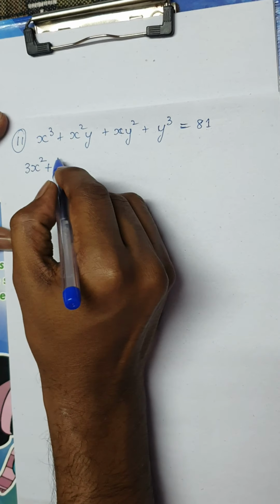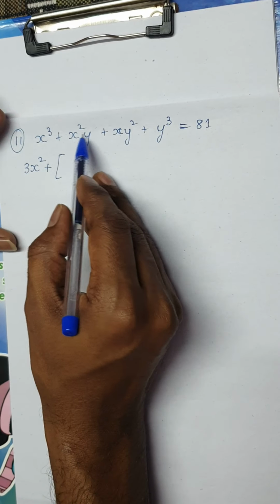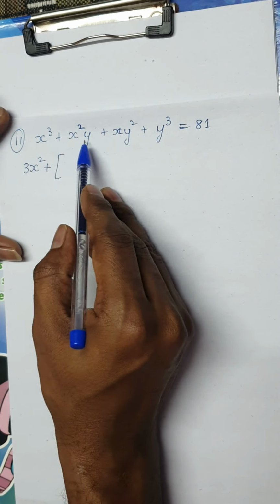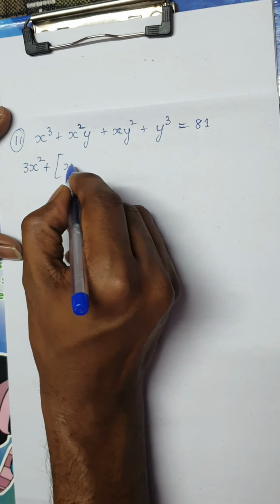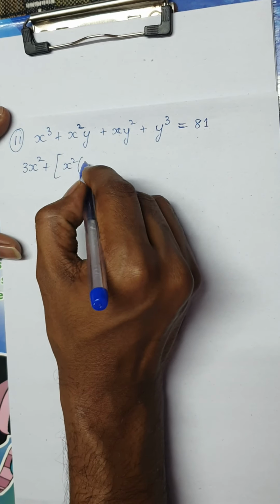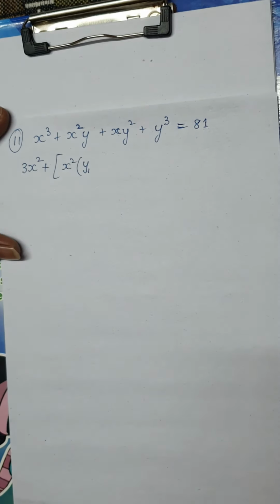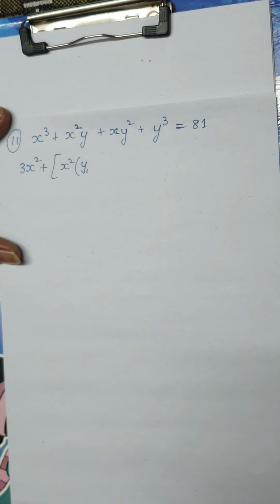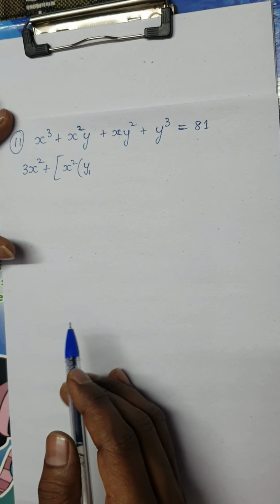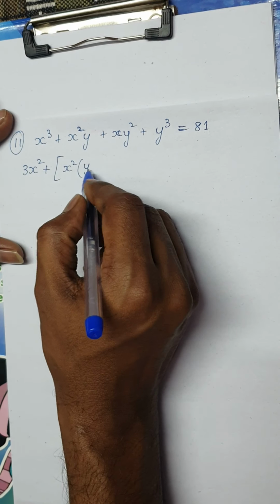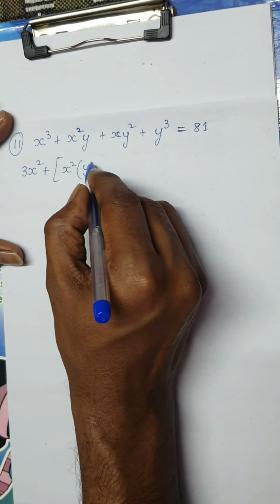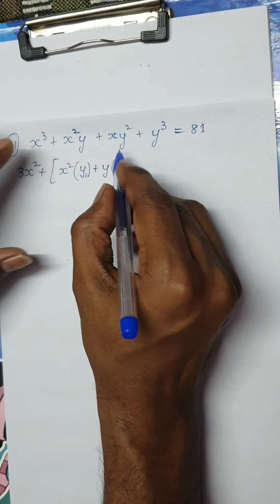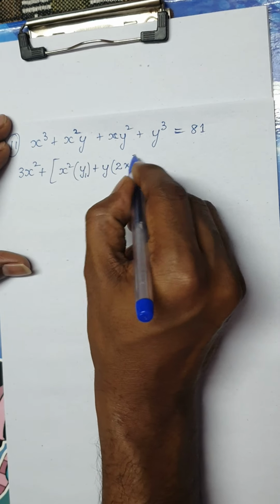Plus, now what is the derivative? Now again I have x square into y. It's a product rule. So keep the first function as it is. Now derivative of y is y dash or y1. We know derivative of y can be written as either dy by dx, or you can write y dash, or you can write y1. So y1 means dy by dx. So x square into dy by dx plus y into, what is the derivative of x square? We know derivative of x square is 2x.